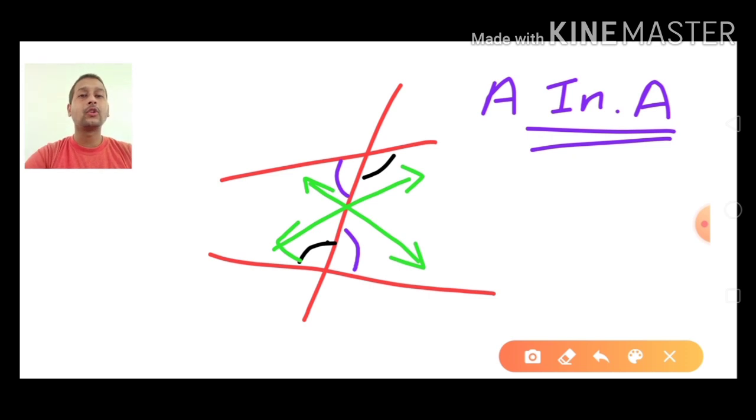Okay, for corresponding angles it has to be on the same side, but in case of alternate angles it will be on either side of the transversal. Okay, then in the same way we have